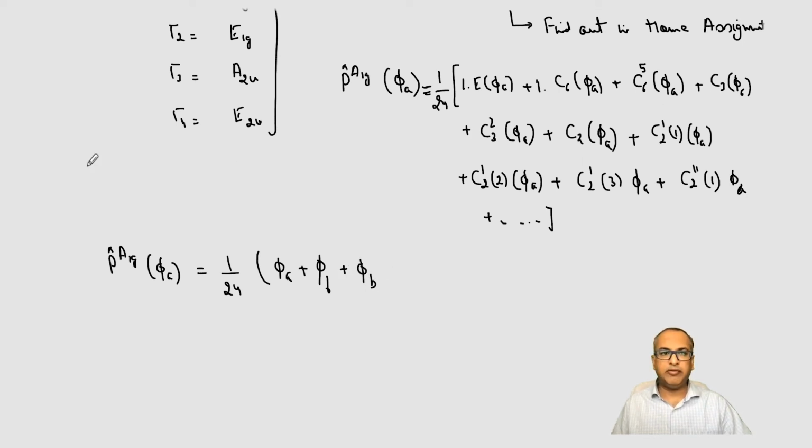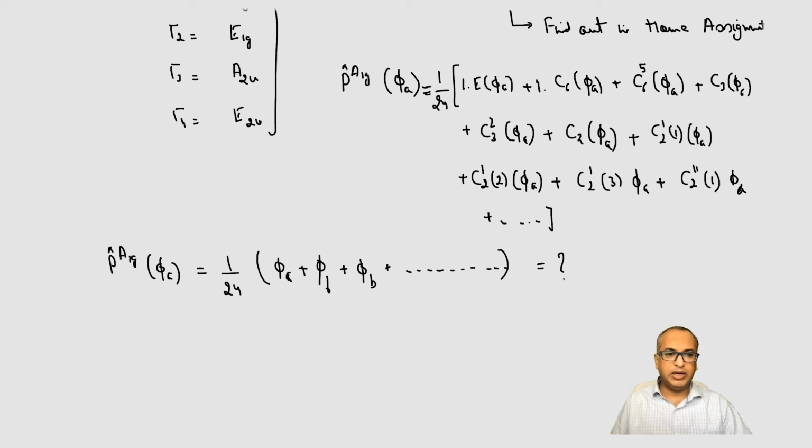Then C3, if I do the C3 operation. So the point is that you can find out what this is going to be. How many will be positive? How many will be negative? Is there going to be any positive or any negative? So now you have to tell me what will be the answer to this once you complete the home assignment.